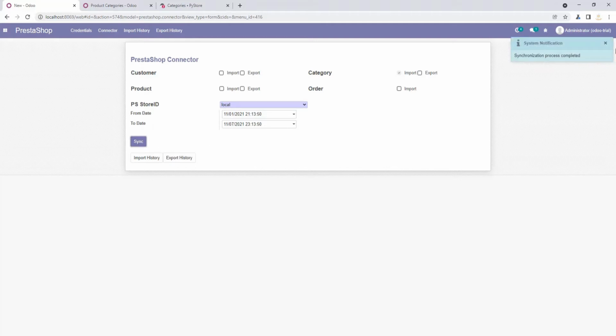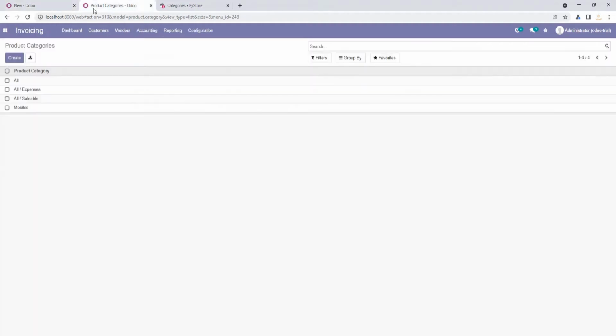So the process is completed successfully, and we can check from the product categories. I just refresh the page to load all the data resources. It will take a few seconds while loading all the data and resources.